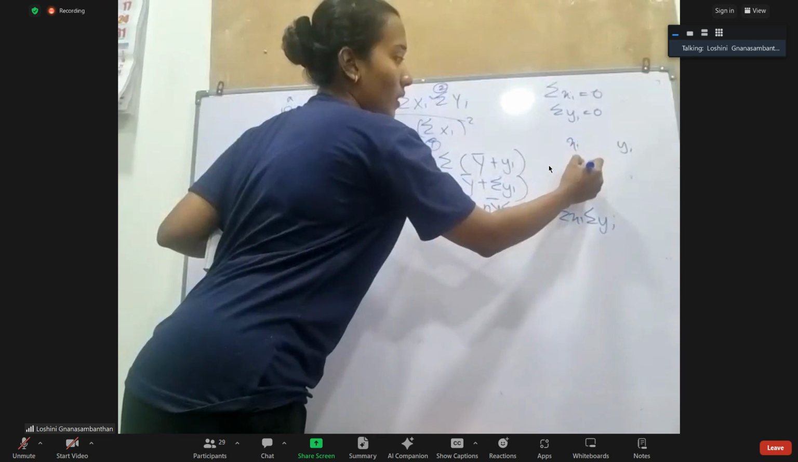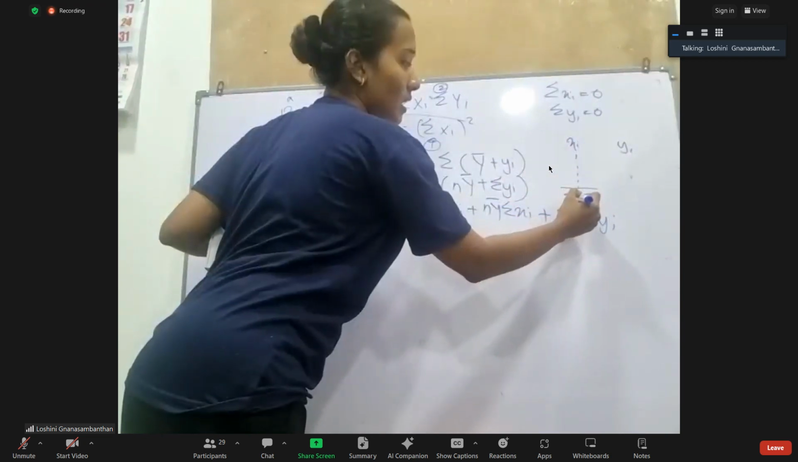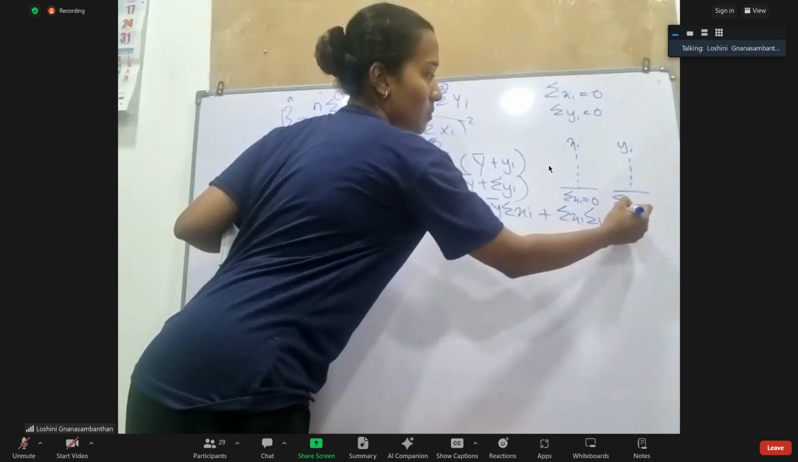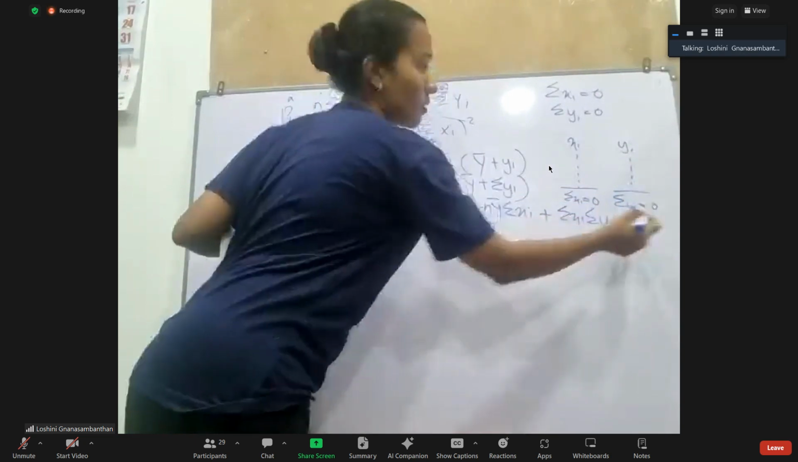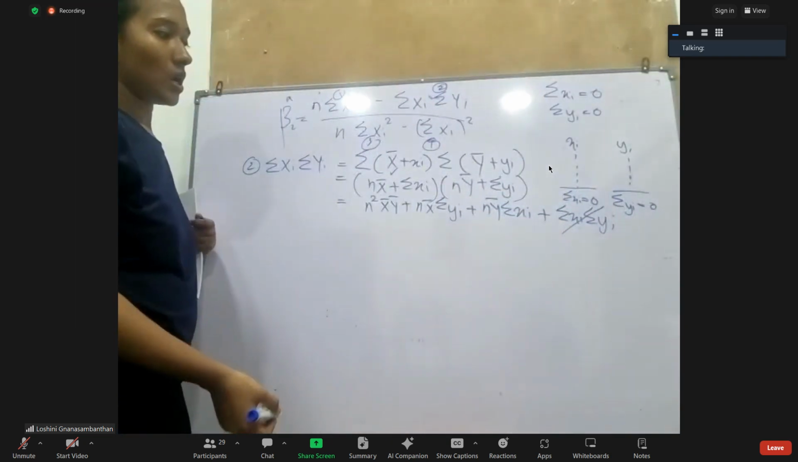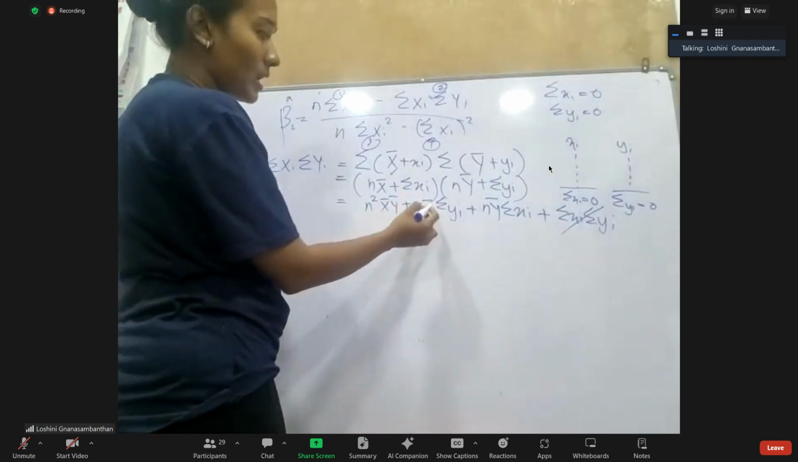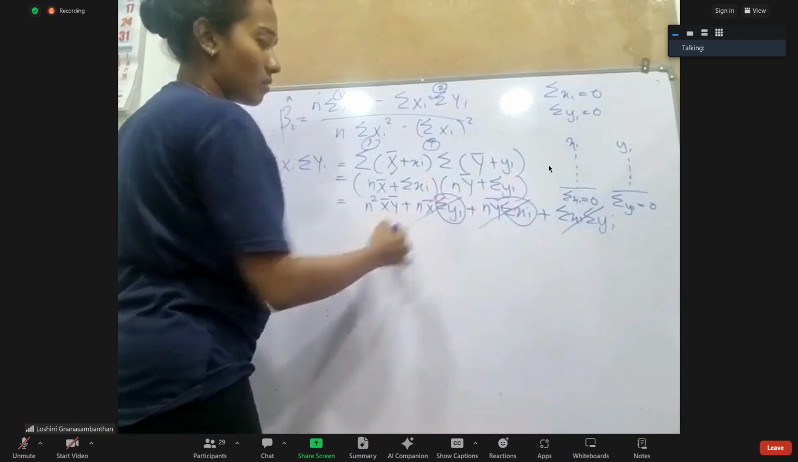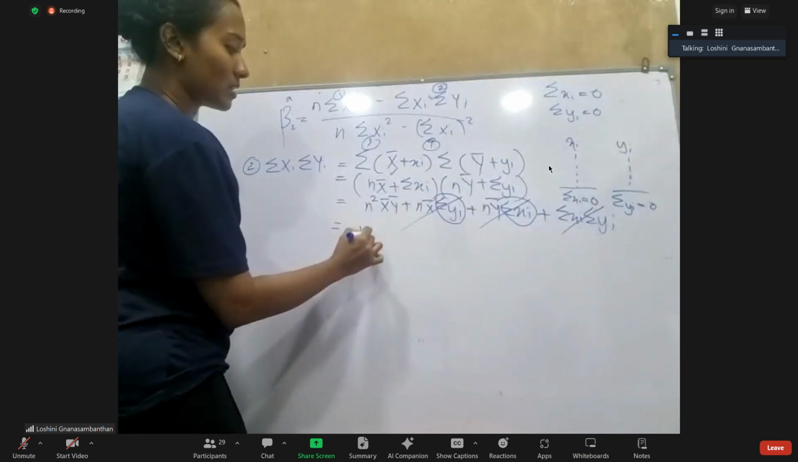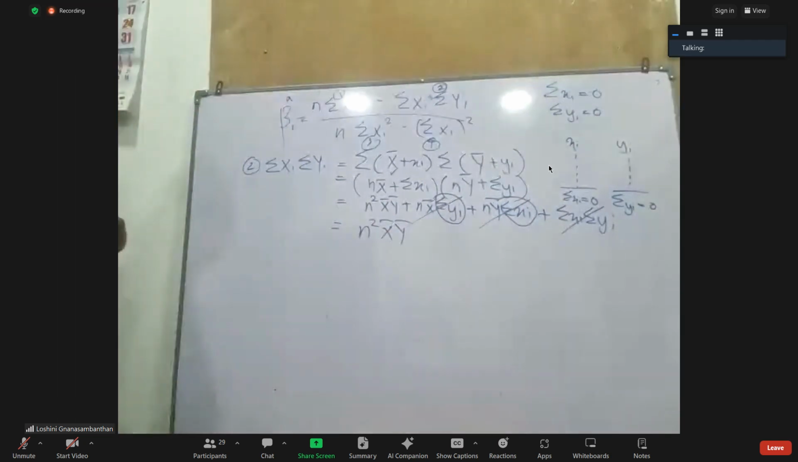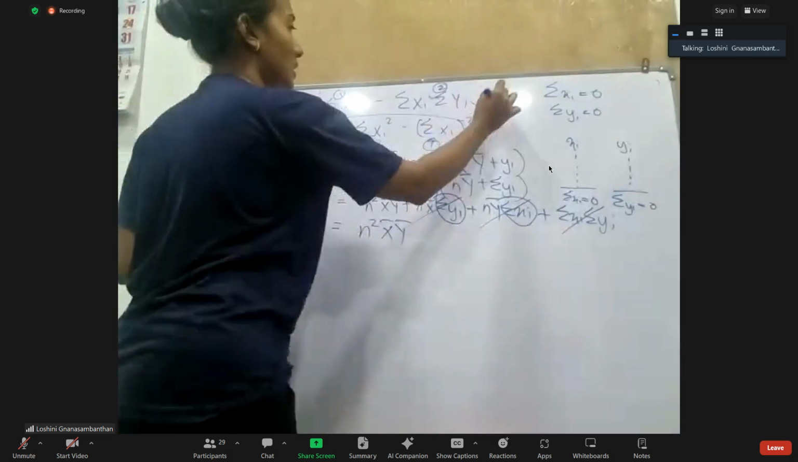Yeah. Now you know that sigma xi is zero. Sigma yi is zero. So 0 and 0, they cancel. Right? And here also, this is 0. So what remains is n square x bar. Second,